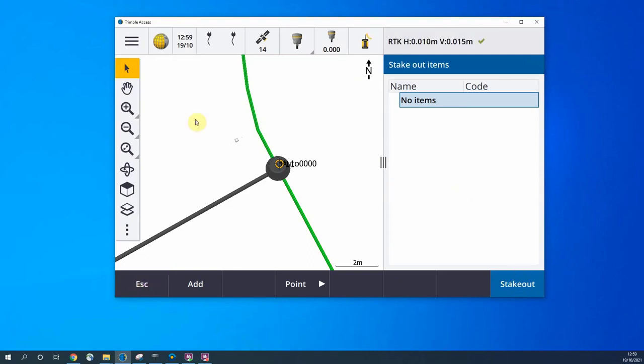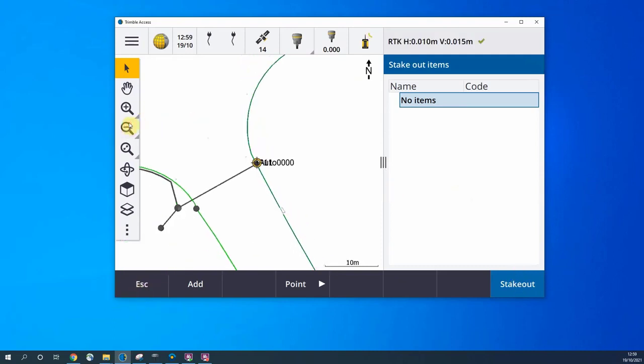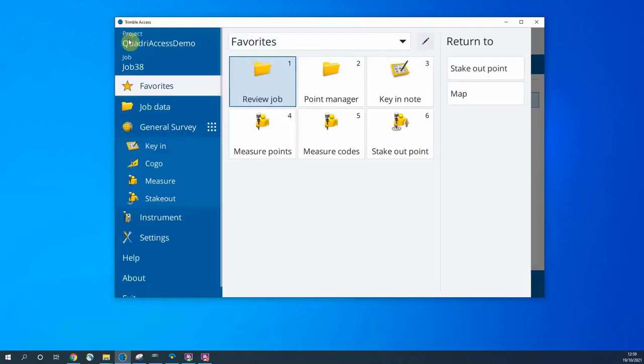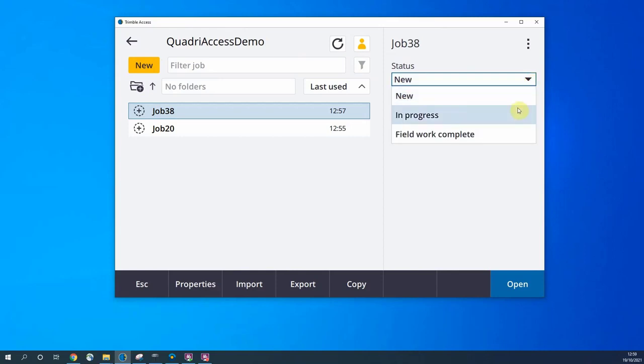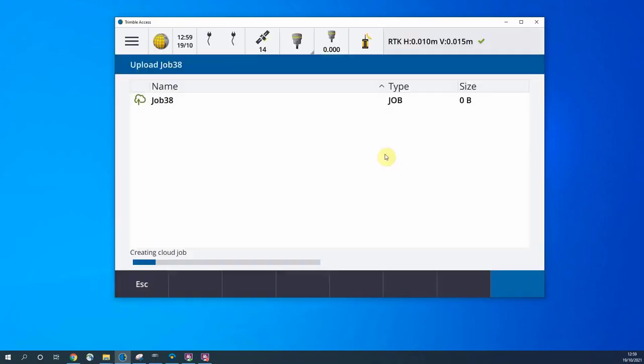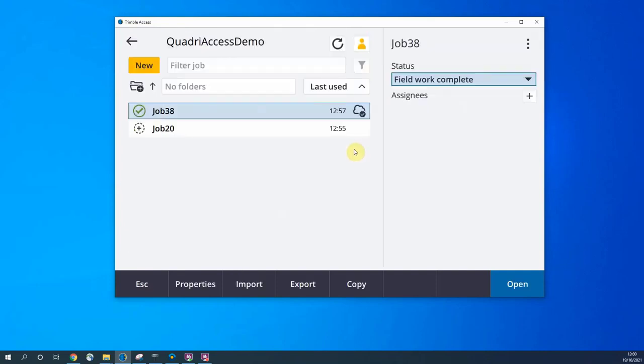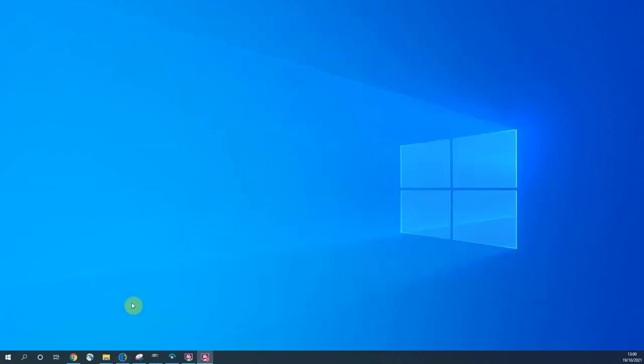Observation stored. This will be the concept you follow for any of the other set out points you will do on this. So when you're done, you will then send the data back to the office again. And the way I do that, I simply go back to this one. I go to my job side, and here I either set it in progress if I'm going to work on it, or I set field work complete, and that will now automatically send the data back up to Trimble Connect. Now the data has left the data logger, and if we go back into Connect,